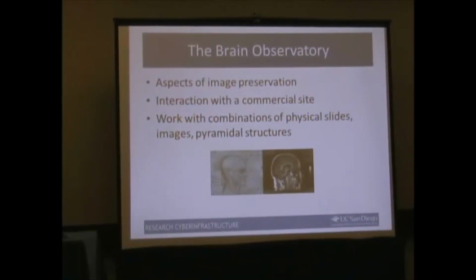What does that mean? And then lastly, again, kind of the image, they're creating basically Google Earth for the brain. So it's these huge pyramidal things that are hundreds and hundreds of megabytes in size. How do we work with that? How do we do those things? How do you preserve that active kind of process?